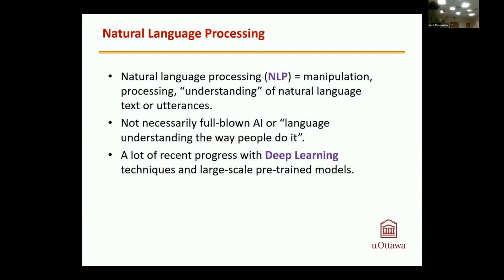Because this is a more generic AI and data science conference, our research area is natural language processing, having to do with pseudo-understanding of text and language, English and other languages. It's not necessarily the way people do it, but it's useful for a computer program to assist us. There was a lot of recent progress with deep learning methods and large pre-trained models built by Google, Facebook, and others who have access to large computing power and large amounts of data, maybe even everything that's text out there on the web in multiple languages. There are multilingual language models called Multilingual BERT, or GPT-3 from OpenAI, and others.